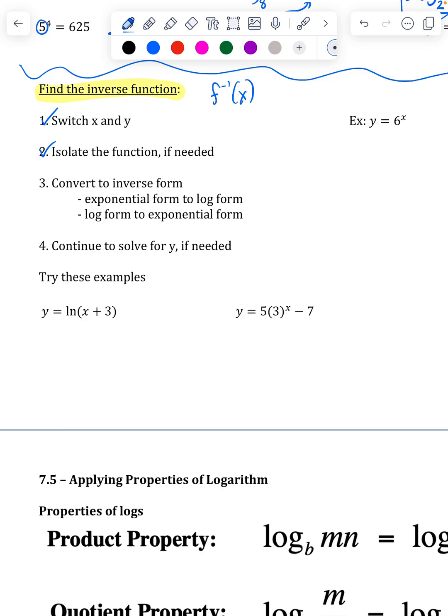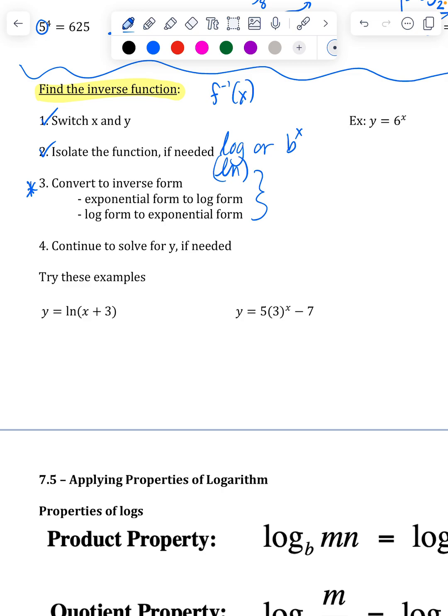In this case, the two things we're particularly looking at are logs or base to a power, and the log might be an ln instead of a log. So this is going to be the thing that's different, because in the past, we would use adding to get rid of subtracting or squaring to get rid of square rooting. That all makes sense. What we have to start to figure out now is at this point, when we have